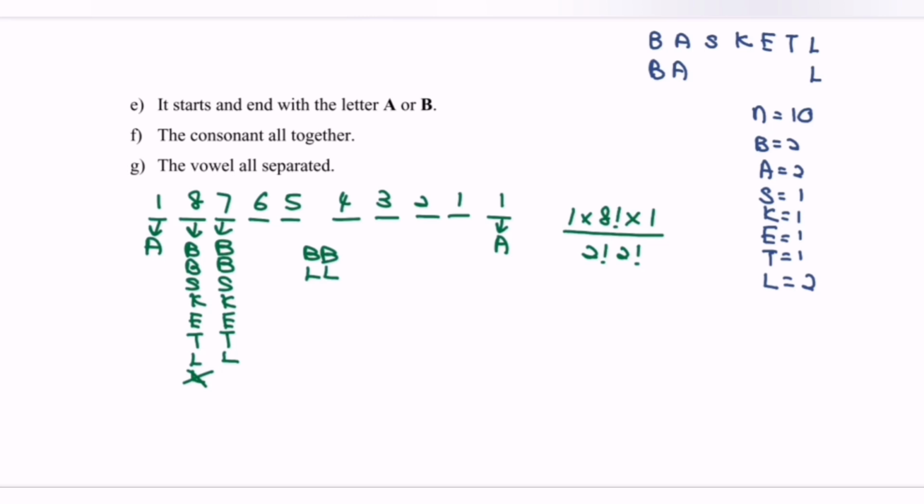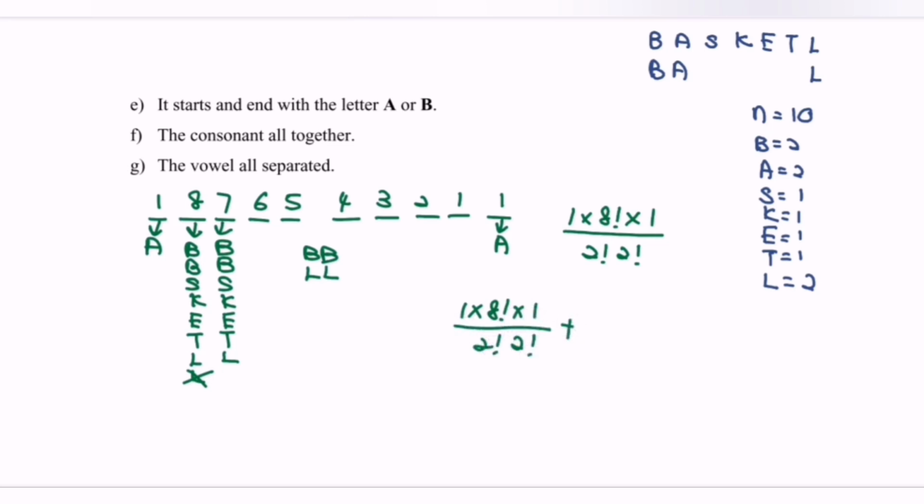If the situation starts and ends with the letter A, we can repeat the same thing for the letter B, meaning start and end with the letter B. So the first and the final A will be replaced with B. Same goes for the middle: the B will be replaced with the A. So we have to repeat the situation for the second time. Rewrite the answer: 1 multiplied by 8 factorial multiplied by 1 over 2 factorial 2 factorial